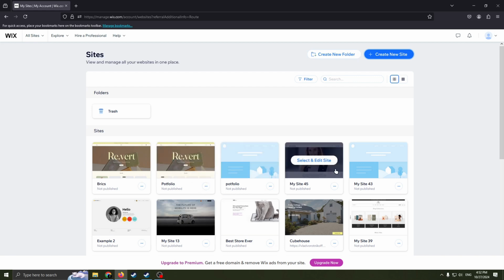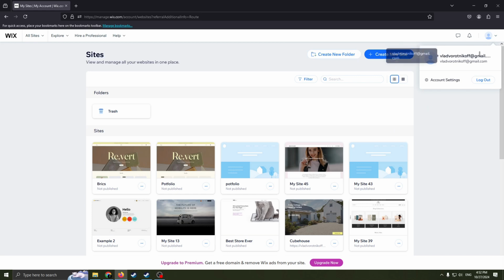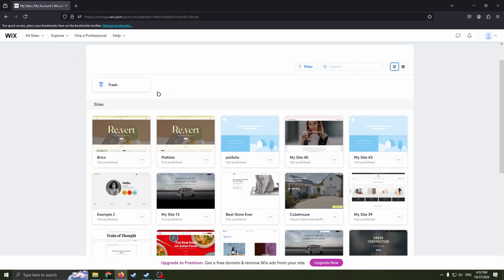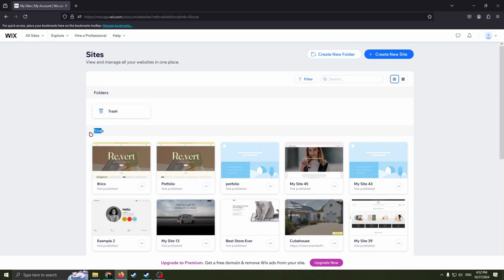Firstly, you need to create an account or log into your account on Wix.com. As you can see, I already did it. I'm in my account. Feel free to create an account on Wix.com because it's completely free and free forever. You just need to create a suitable password and use your email address. So here you can see homepage of Wix.com. Here are the sites you've been creating before, but now we need to create a new site. So click this blue button,